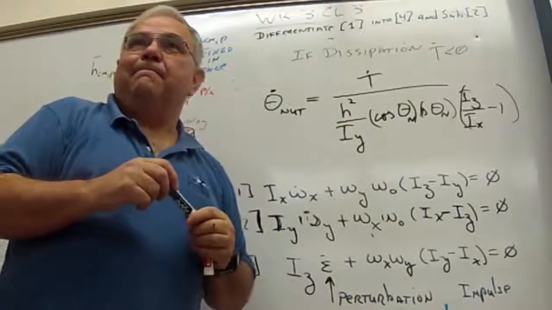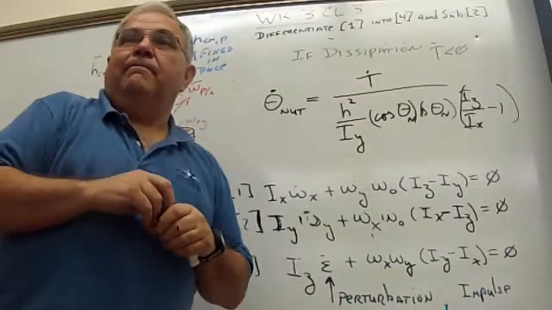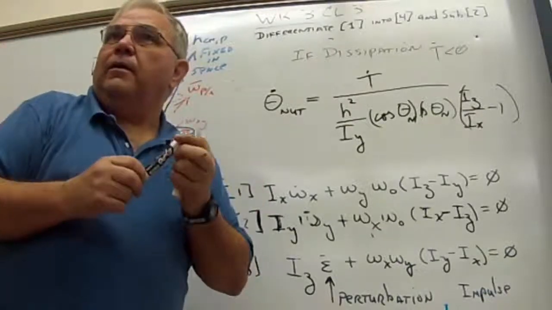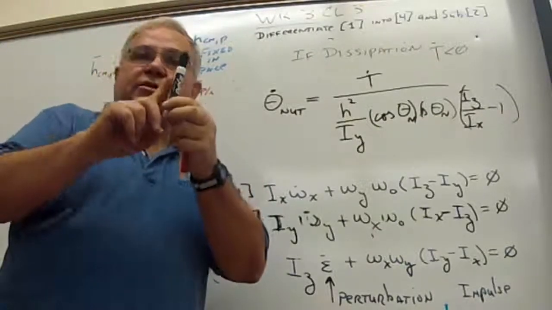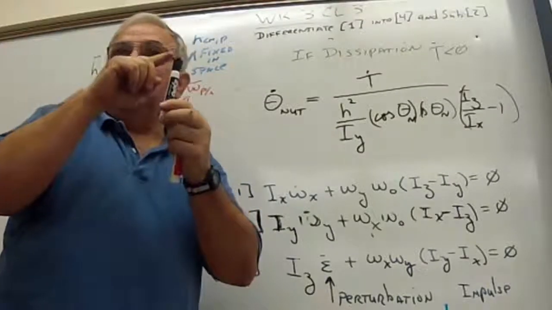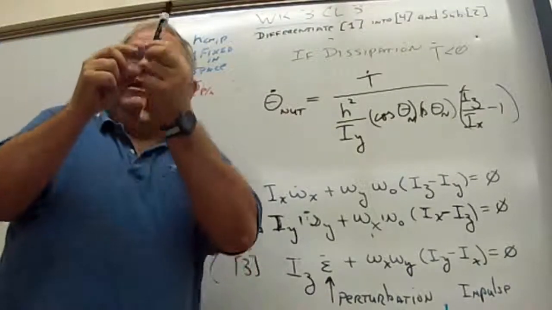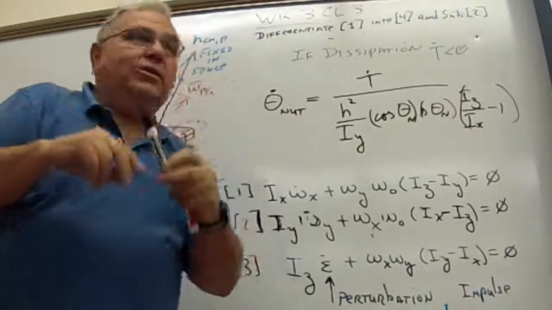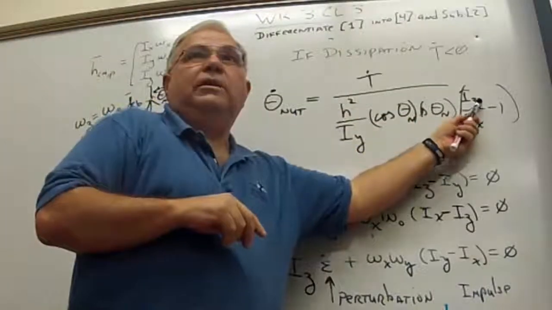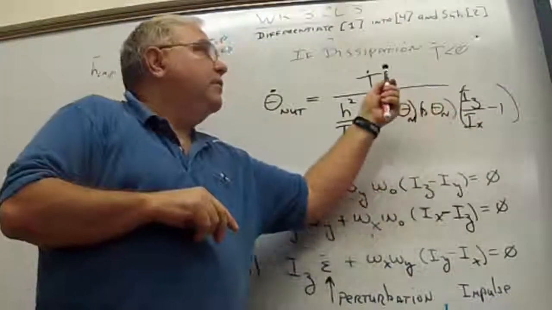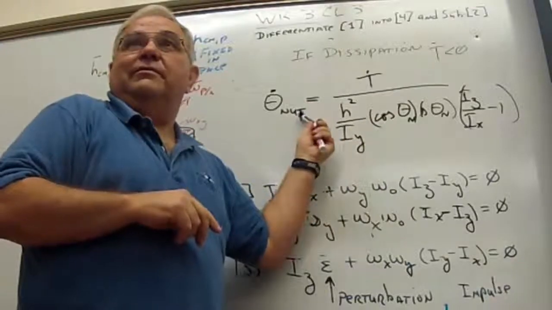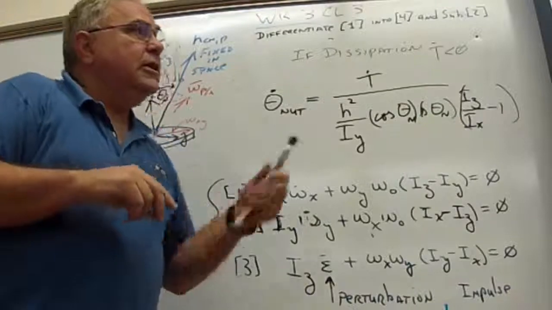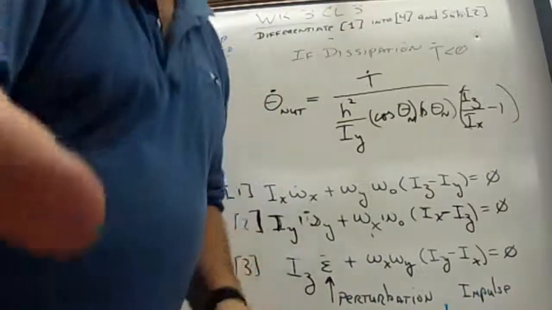Can you give an example? Was IX bigger than IZ, and that's why? IZ is the spinning, the moment of inertia about the z-axis. So it's really IZ. Right, and IX is big. So when IZ is small, then this becomes negative. If that's negative, then this is positive. So then the nutation angle will diverge. So this gives you great tools to visualize